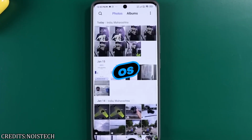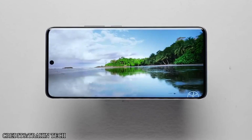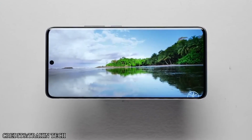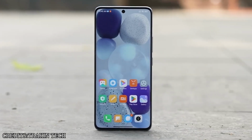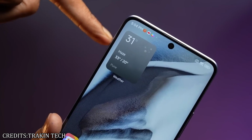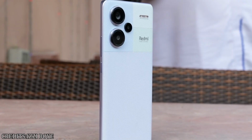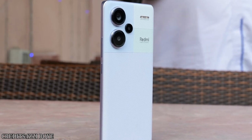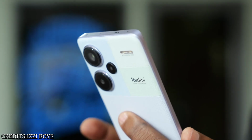OS. The Redmi Note 13 Pro Plus 5G runs MIUI 14, which is fully compatible with Android 13. Xiaomi places a premium on long-term software support, promising 3 major Android updates and 4 years of security patch updates. Note 13 Pro Plus owners can rest assured that their smartphones will be well prepared for the upcoming switch to